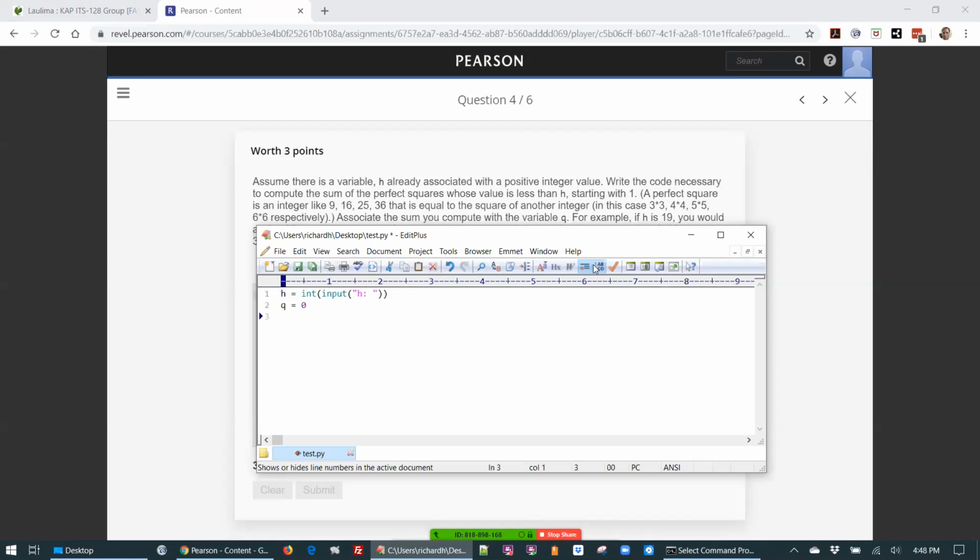And then I should start out with I. I will be the variable I use to square. So we can start out I equals 1. And what we want to do is, while the square, I times I, is less than H. So it's going to be 1 times 1 or 2 times 2 or 3 times 3 or 4 times 4 or 5 times 5. As long as that is less than H, then we want to